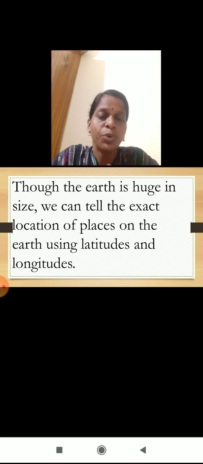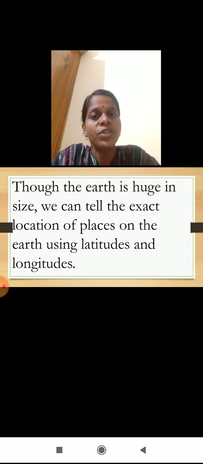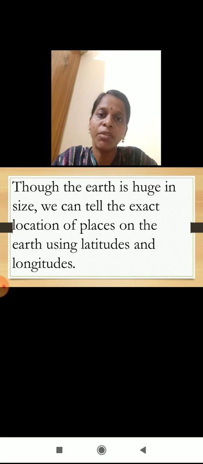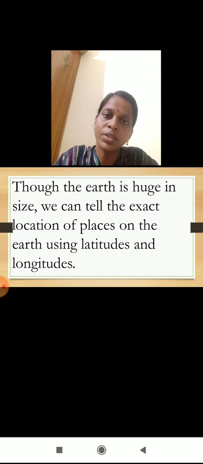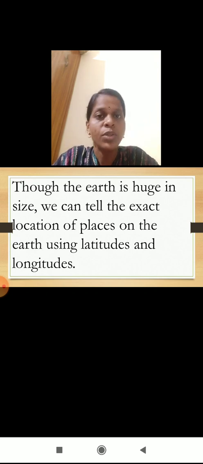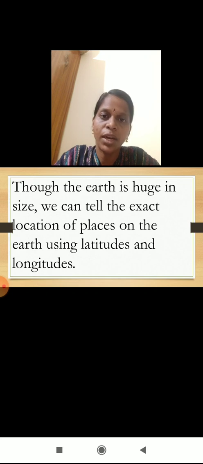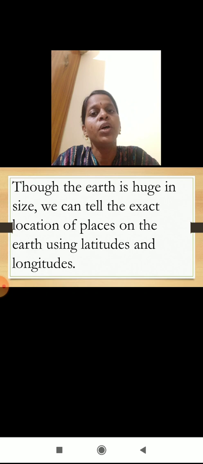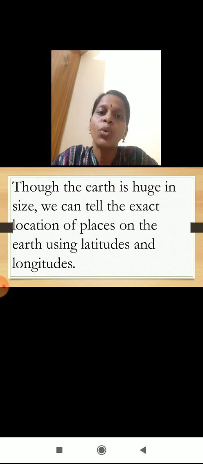As you must have heard from your relatives or friends staying in foreign countries, they say, today it is night, now it is day. So the difference between India and foreign countries, all those differences we come to know through longitudes. Exactly. So the role of latitudes is that we come to know the climatic condition.